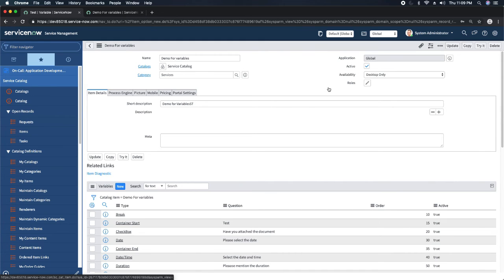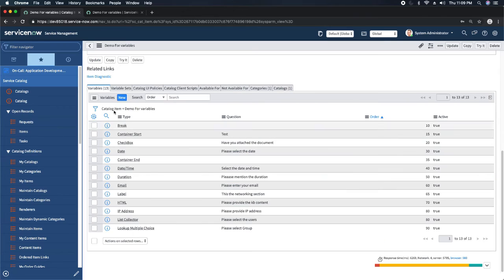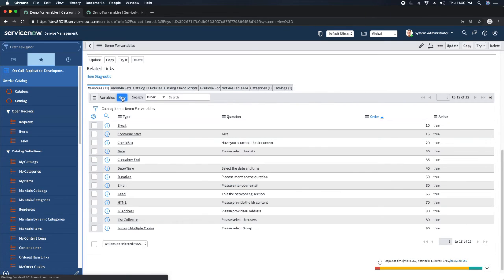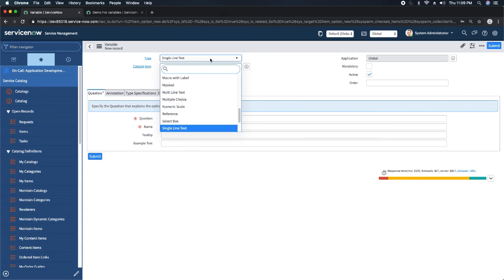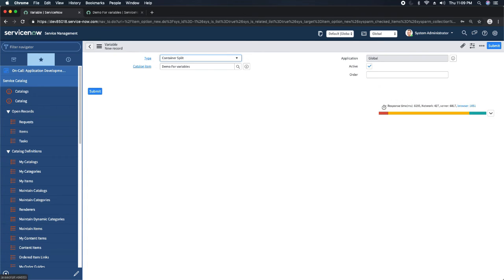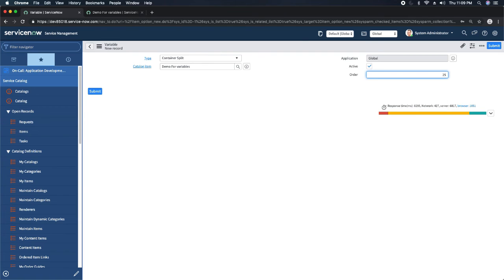So I will go to my catalog item variables again, at the bottom, click here, select the type as container split. And this time I will give the order, because order is really important, because where exactly you want to do that split. So we had 15, 20, and then let's put 25. And if I submit it